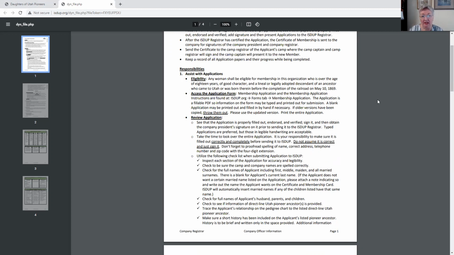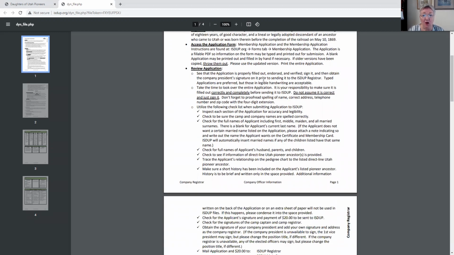Please ask applicants to use the online application. If you have older versions in your file or in your DUP bag, throw them out and encourage applicants to use the online version. I received an old one last week. In fact, it was the same version that I used when I joined DUP in 1974. It didn't even ask for a phone number or email. So throw those old ones out.